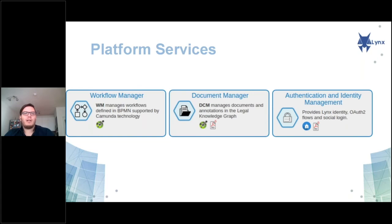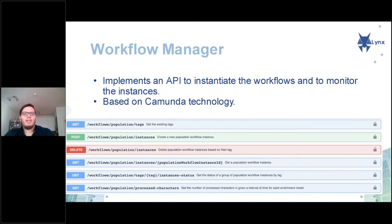On the next slide, we can focus on the workflow manager. The workflow manager implements an API to instantiate the workflows and to monitor their instances. It is based on the Camunda technology. Camunda BPM is a lightweight Java-based framework. It can be used as a standalone process engine server or embedded inside custom Java applications. It offers non-Java developers a REST API and dedicated client libraries in order to build applications connected to a remote